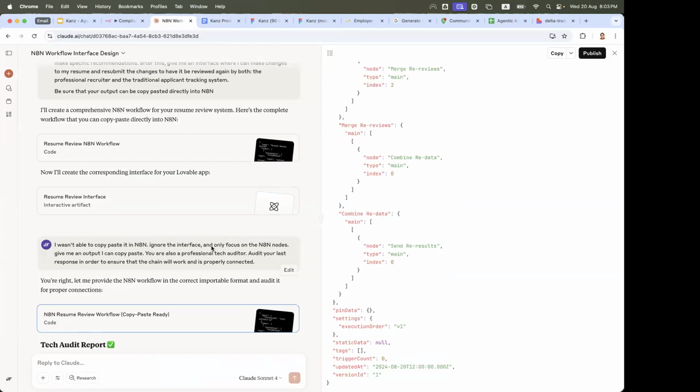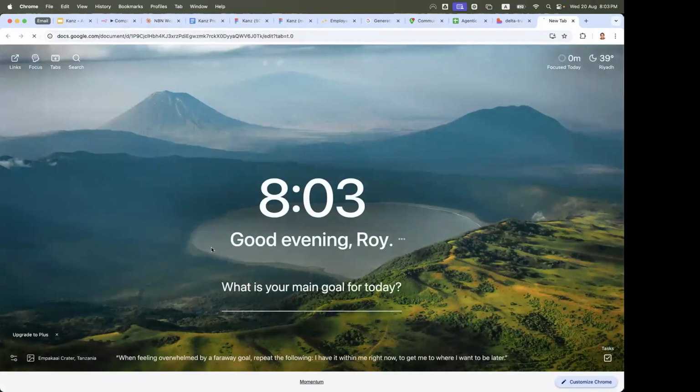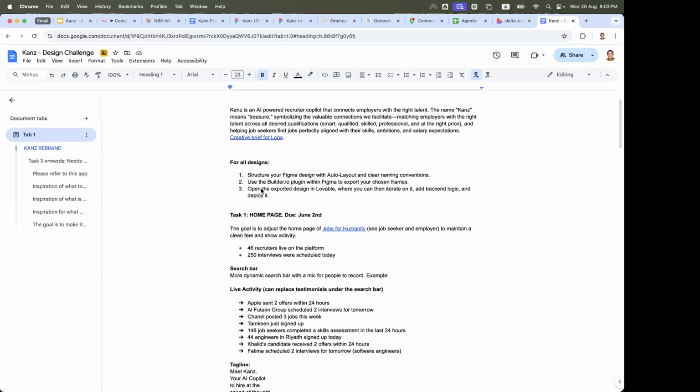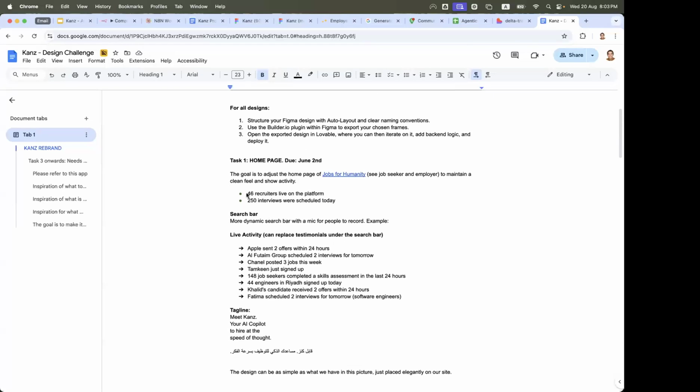So the more information you can give, for example, a design brief, start with a design. I started with this. I wrote this. This is what it is. This is the design. This is what I'd like the homepage to say.